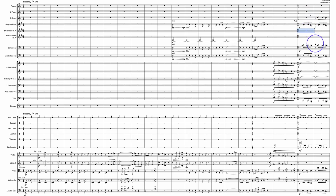Okay, so. But what is this? How effective is the scoring there? Okay, well, frankly speaking, you cannot call this A2 because you got two English horns. Okay, I see what you're doing. That's a little outside the parameters, and forgive me if you're intending this to be A2 solo English horns. That was a little bit outside of the parameters, because remember, I was really only expecting to see like 3 oboes total, right? That was part of the way that this challenge is supposed to go. So you went a little outside there, and that's why I was not expecting to see 2 English horns on that part. So my apologies, but still,